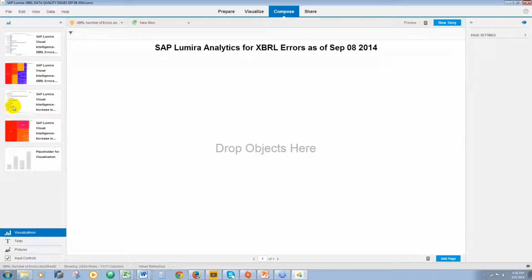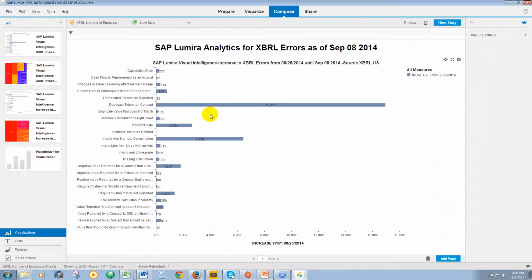So let's look at a different form of a chart. So this is the graphical format. So we see duplicate extension concept 16,952. So we can visually see how big is the number, and then we have incorrect date. So we have gone through all these errors. So my question is,